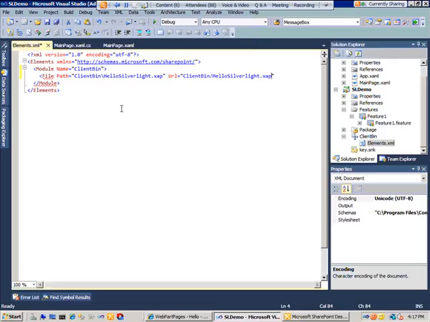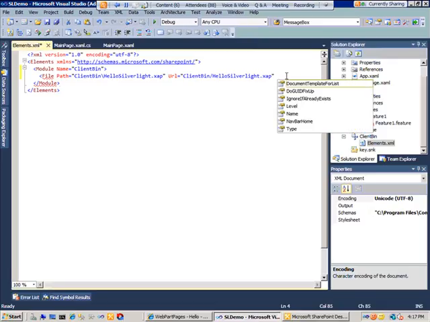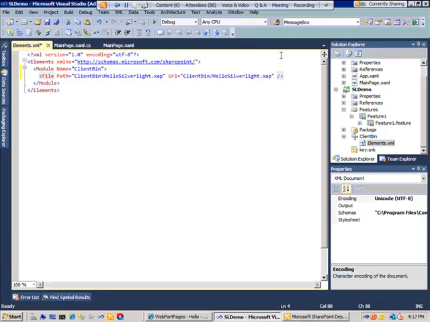Okay, so that should be enough to get started. Oh, I think I need to close my XML tag there. And now let's go ahead and deploy that. And Visual Studio 2010 will fire up. Go ahead and create a WSP package, add that, deploy it, and now I should be able to go in,